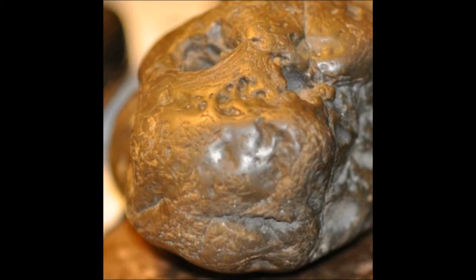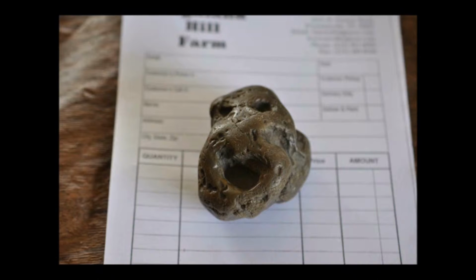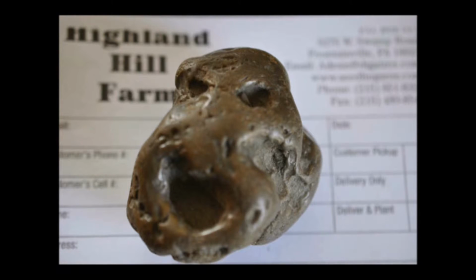We at Highland Hill Farm also have places where you can go and search for weird rocks, minerals, and artifacts. We have a place in Milan, PA, where we grow trees, where you can search for Indian artifacts. And in Truth or Consequences, New Mexico, we have places where you can go searching for dinosaur bones, fossils, and